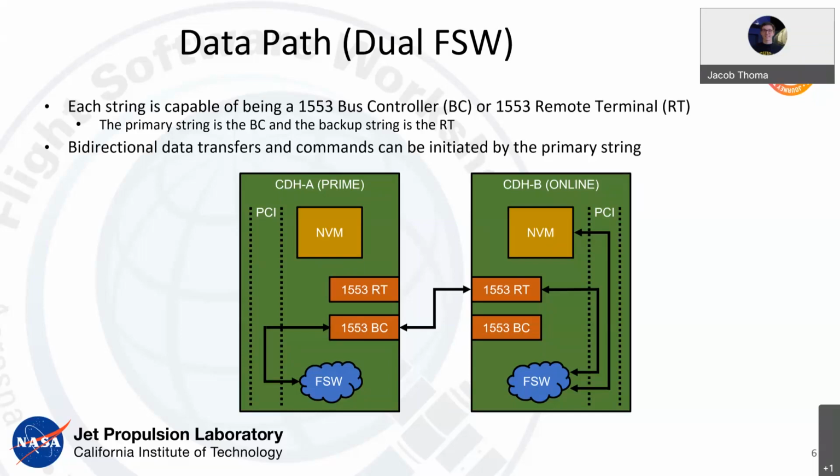Both strings are capable of being the bus controller or the remote terminal, and the primary string is the bus controller and the backup is the RT. And the prime initiates the bidirectional transfers and commands. So you can see here a command, a cross-string command, would initiate in flight software on the prime string and schedule something